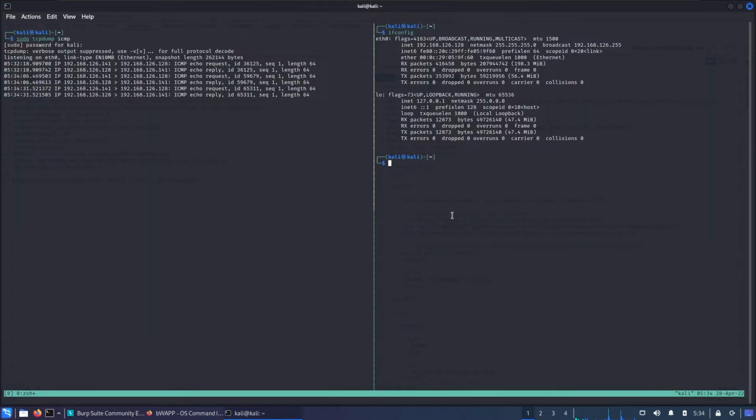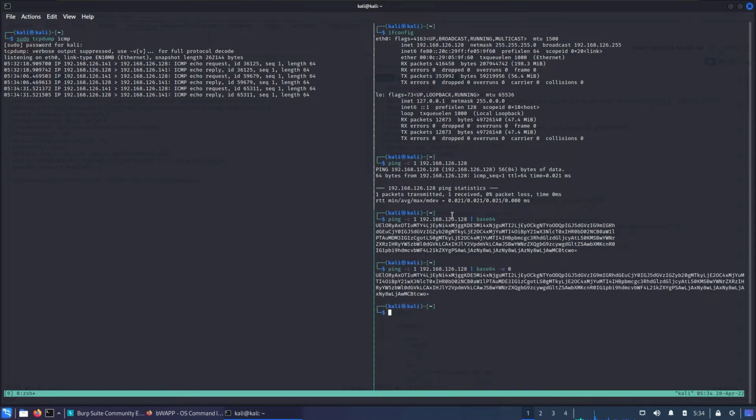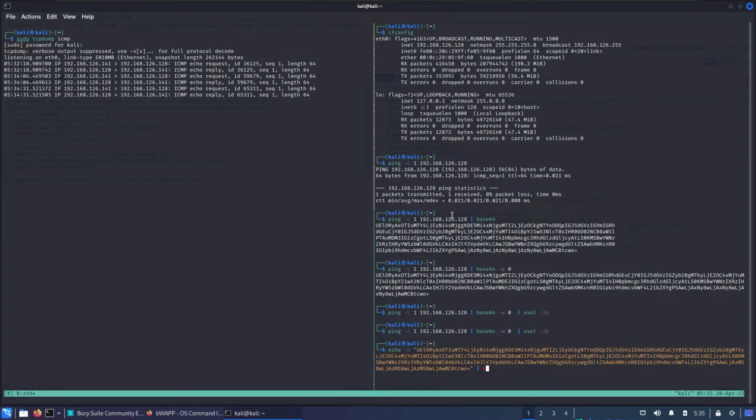And what we're achieving here is, for example, we can go ahead and type ping C1, paste the IP address, which is going to do the same thing. And now what we want to do is to Base64 that. So this is going to be our payload, and I'm going to type base64 -w0, and copy that to my clipboard. Whenever I want to execute something in Base64 with Linux, this is done by typing echo -n, pasting the Base64 payload, decoding the Base64 payload, and piping it to bash. So that way,